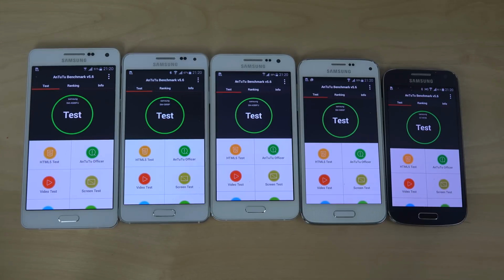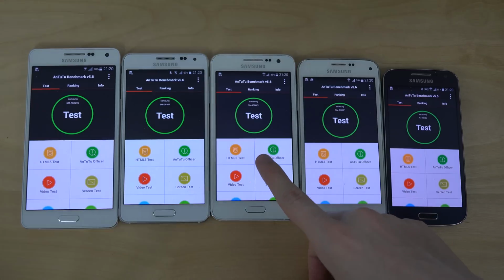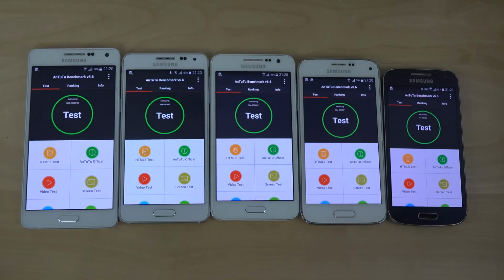Hey guys, so I want to do an AnTuTu benchmark test here between the A5, the Alpha, the A3, the S5 Mini and the S4 Mini. I did a similar test before, but this time around I have a Galaxy A3 that I got today and also the S4 Mini, which I still think is one of my favorite devices of all time